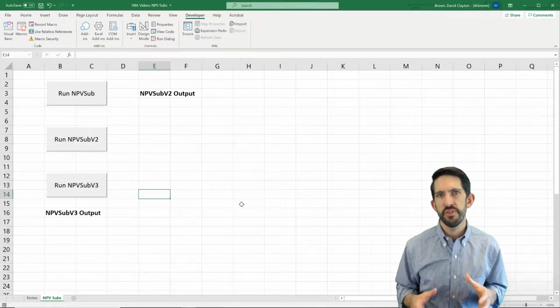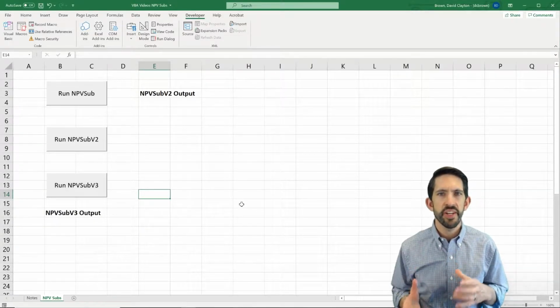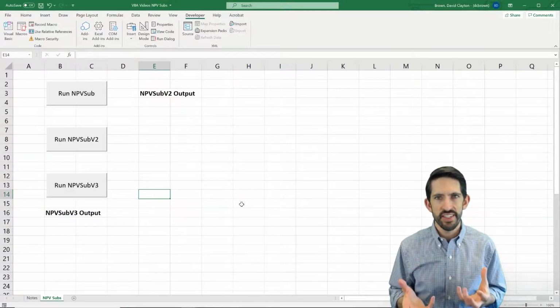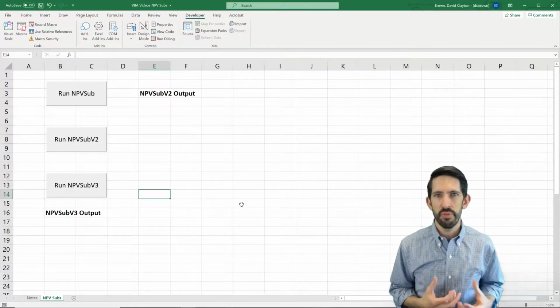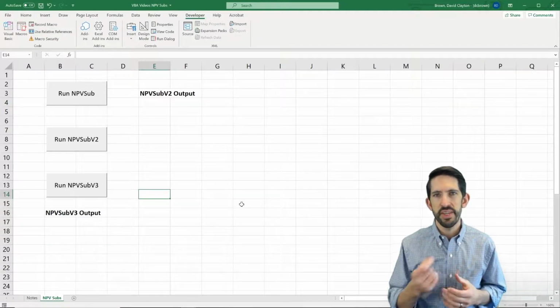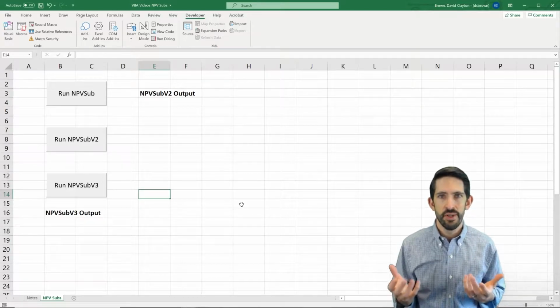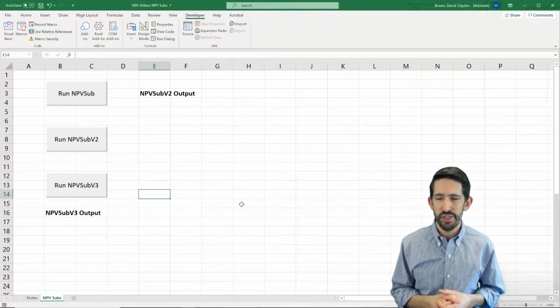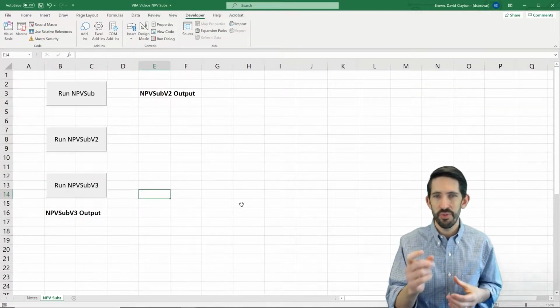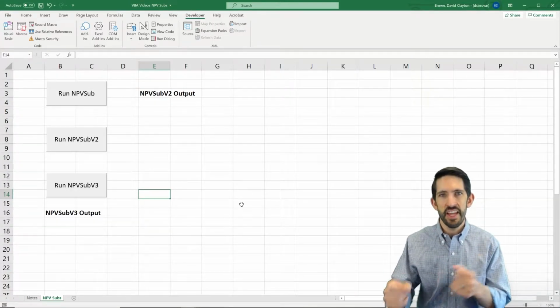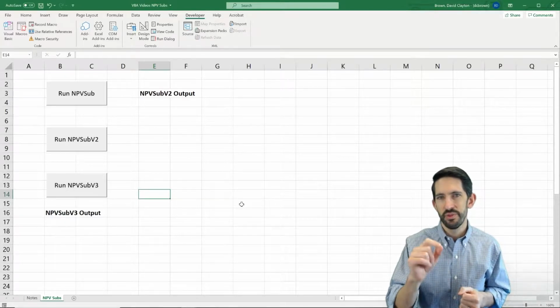Now that we've got our NPV program working, we can actually make it a little bit better. The reason is that the message boxes, while nice, don't really leverage the full capabilities of Excel. We're showing message boxes with numbers, and then presumably the user could write them down or type them into the Excel spreadsheet, although they can't really type in the spreadsheet when you have message boxes popping up. So you're going to write it down and then type it into the Excel spreadsheet once the message boxes are